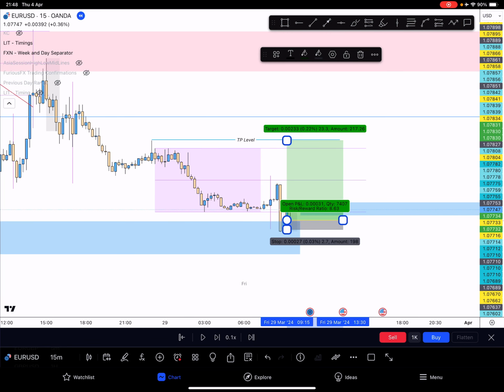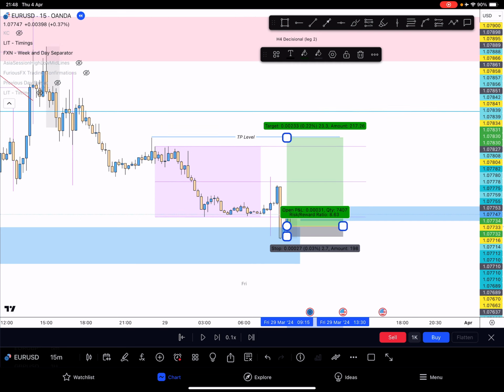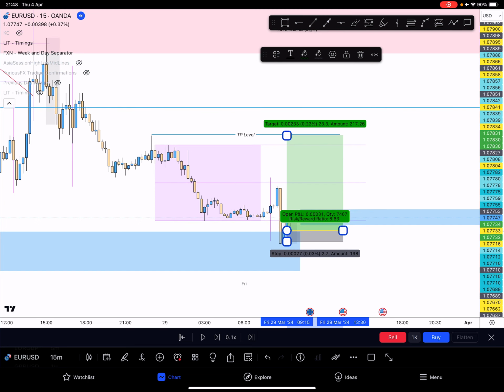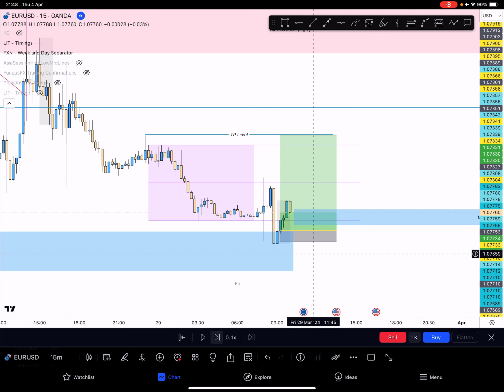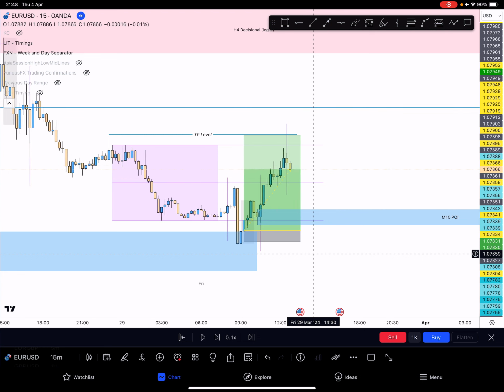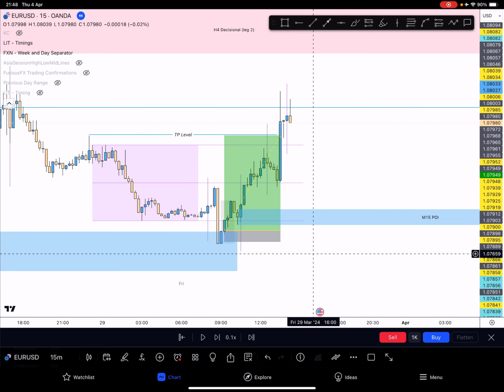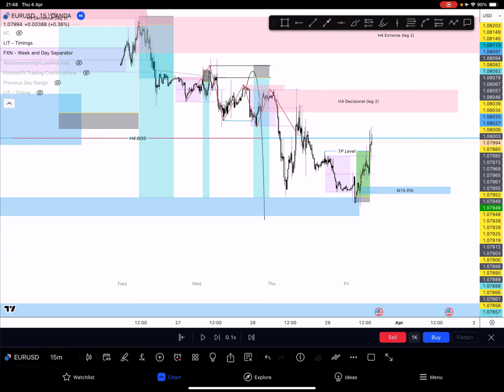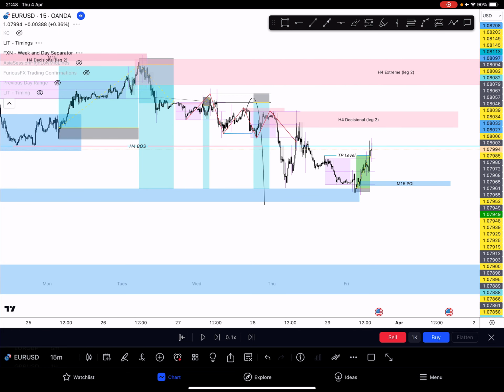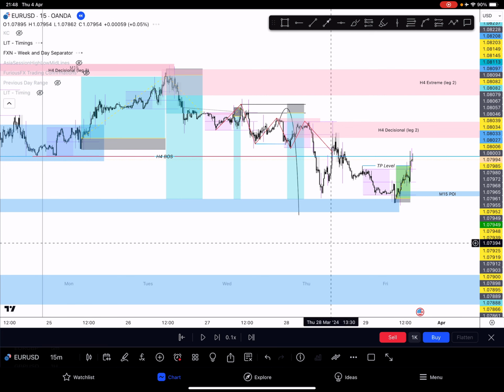You look at it, and for me, it needs to be minimum 1 to 5. So here we have a 1 to 8. So it meets my trading criteria. I enter the trade, and when it reaches my take profit, that's it. We're out of there. We're done. Done for trading for the day, done for trading for the week, and you have your total results.